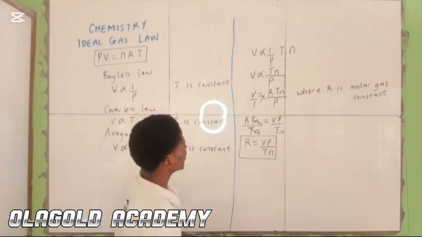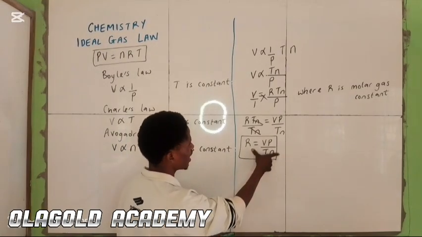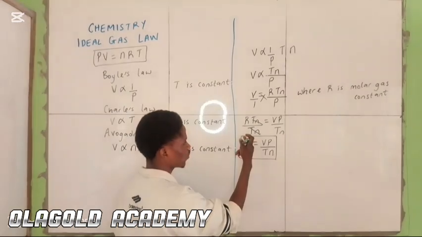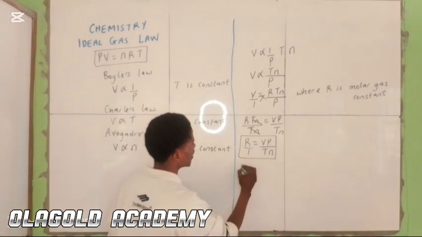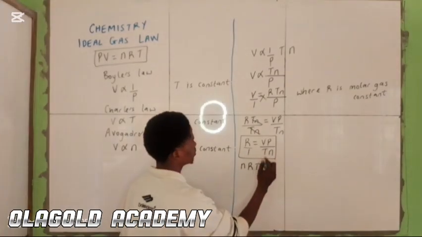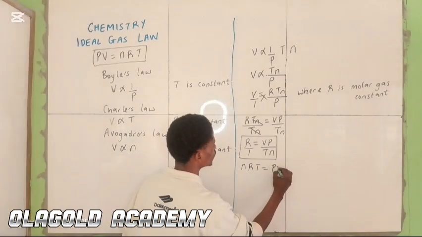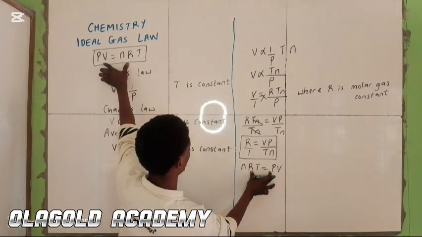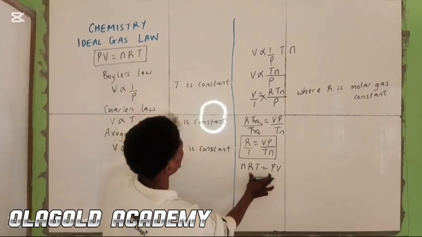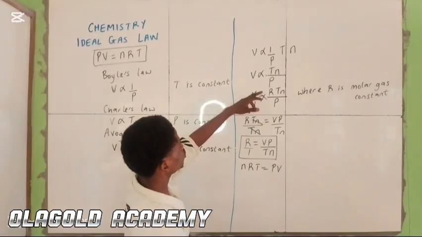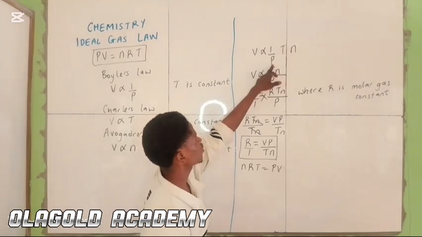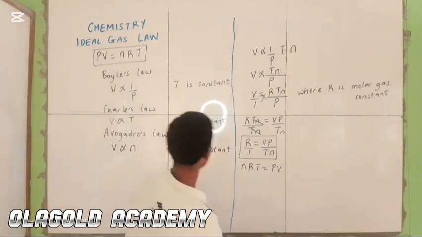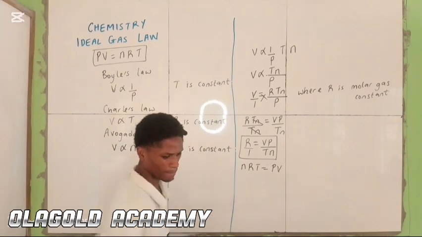From here now, if we cross multiply, we can have nRT equal to PV. We can have this from the combination of Boyle's law, Charles' law, and Avogadro's law. Now, from what we are having here,